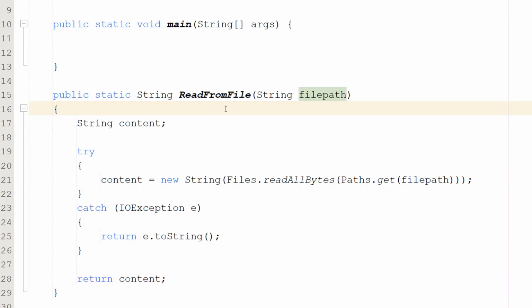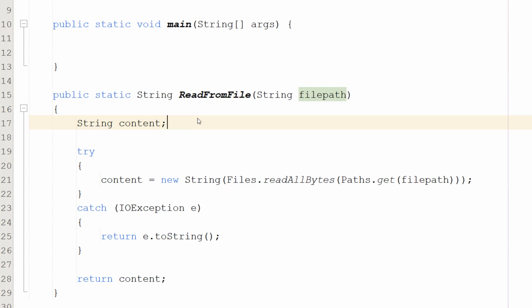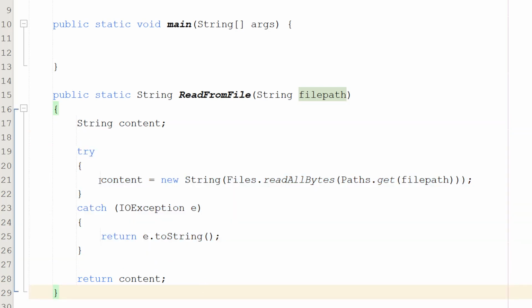This is all the code for the function, so let's break it down. String content is going to be the string that's going to store the content we're going to read from the file. And then we have our try catch statement. And inside the try, we do content equals new String